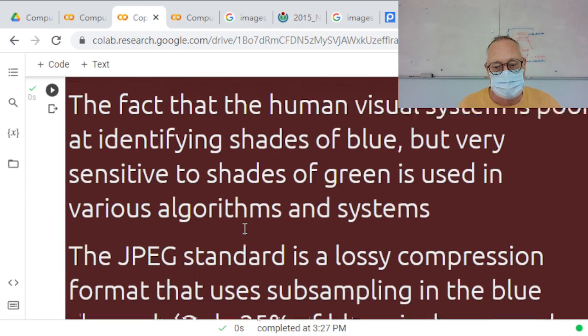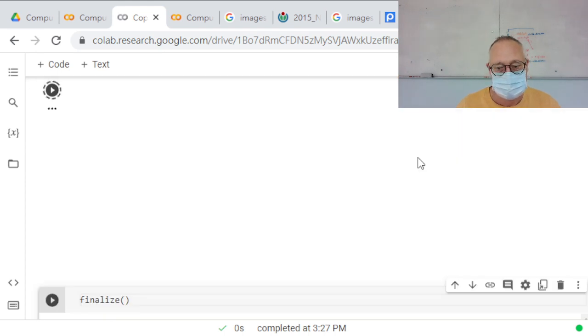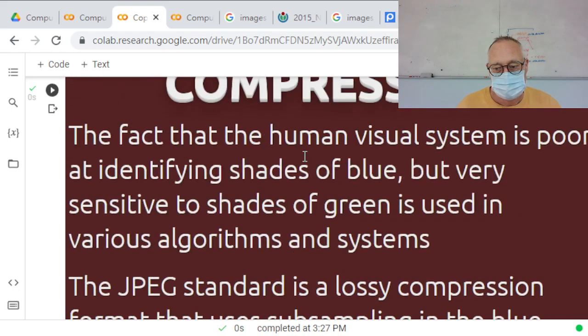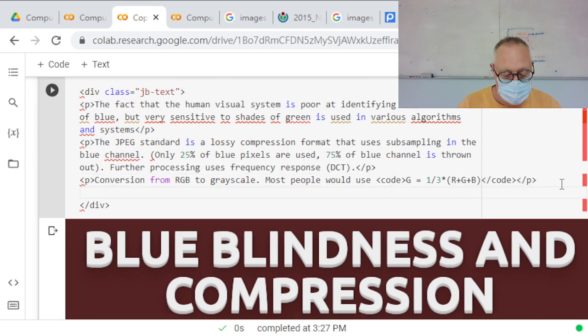However, the actual conversion, if you actually test how people respond to what they consider to be the same brightness in gray level as in color level, then